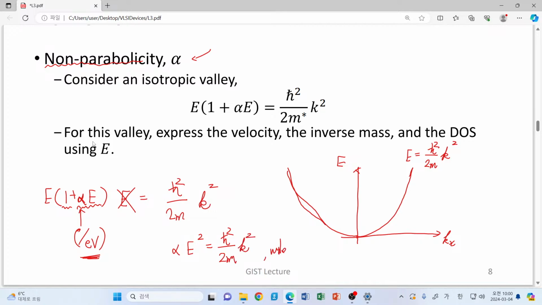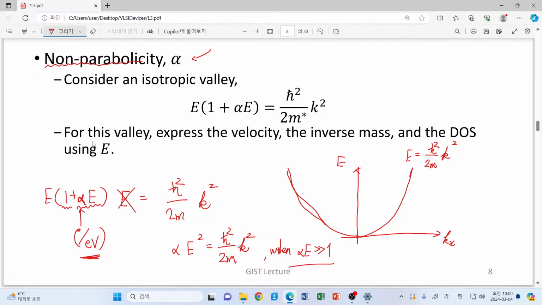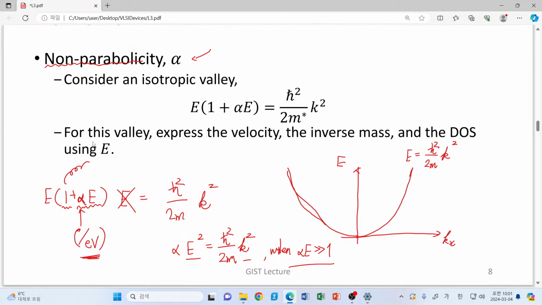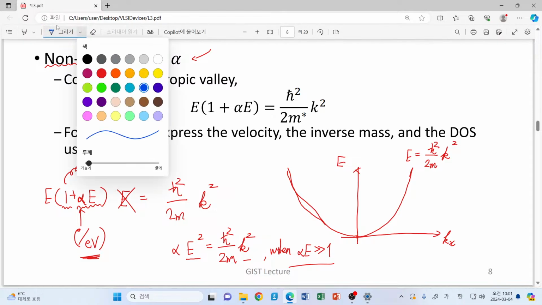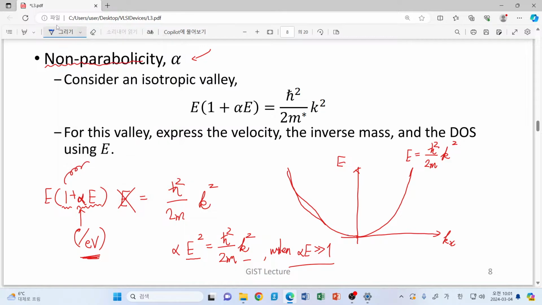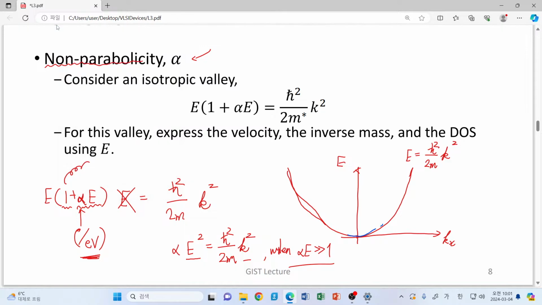When alpha E is much larger than number 1, we can neglect the original 1. So now you know that the square of energy just follows the square of k. So they have linearity. When you draw it, simply speaking, when you consider non-parabolicity for low energy, it just follows the same